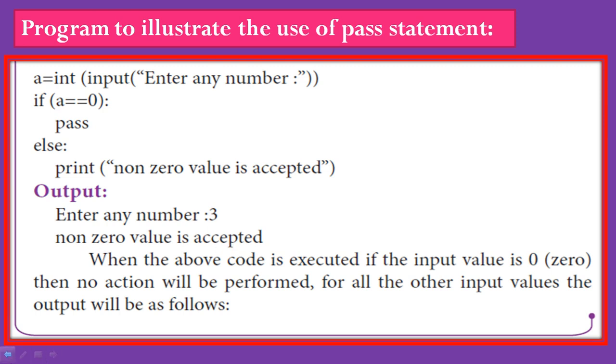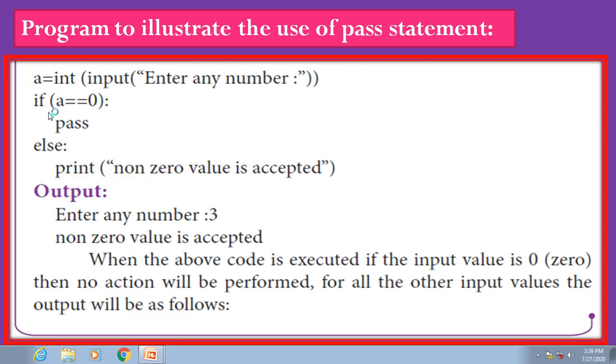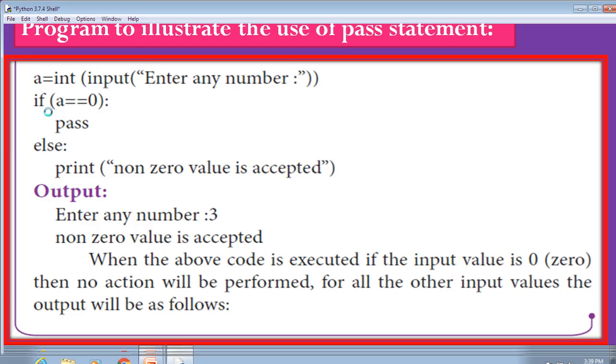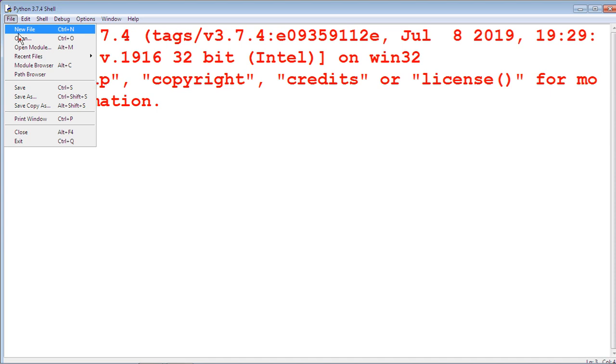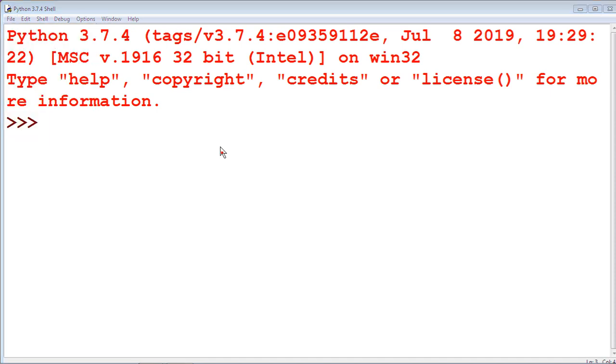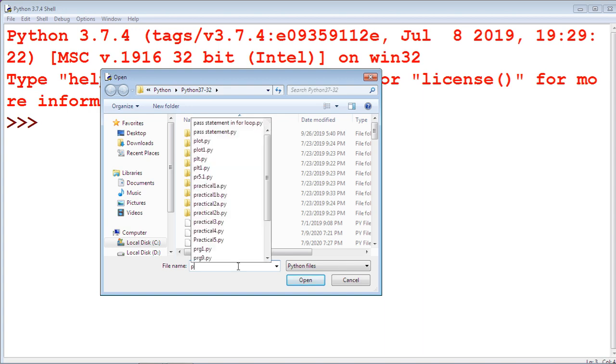We are going to see this by using the IDLE window. File, open, pass statement.